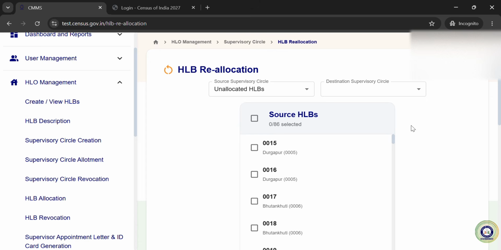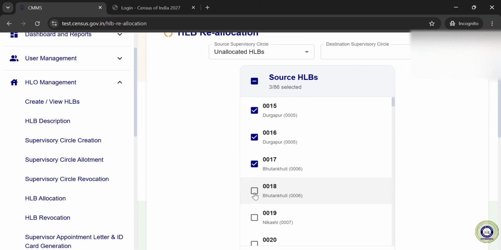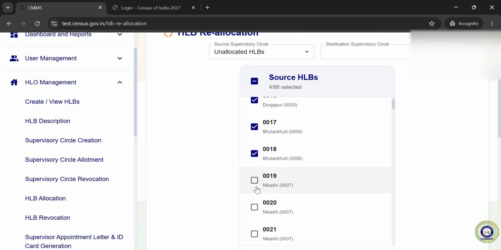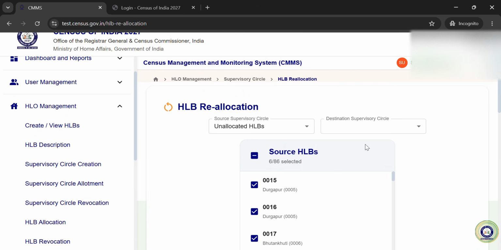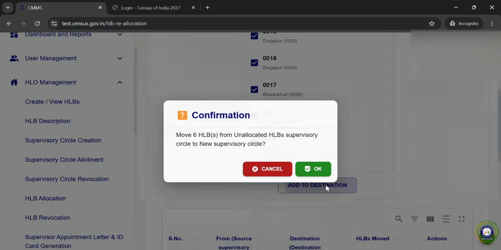This is the fundamental, lowest and basic unit in the census hierarchy. Next we will select another 6 and create another supervisor circle, and add to destination.